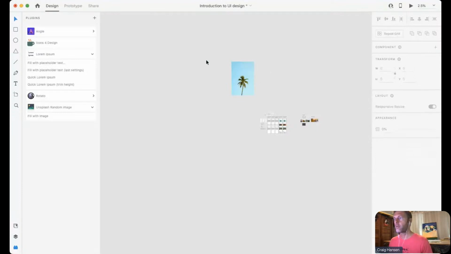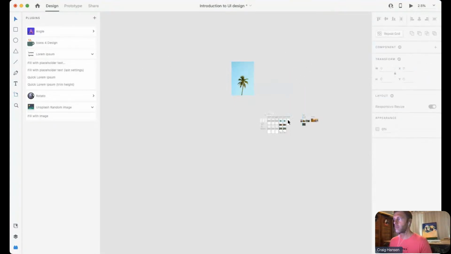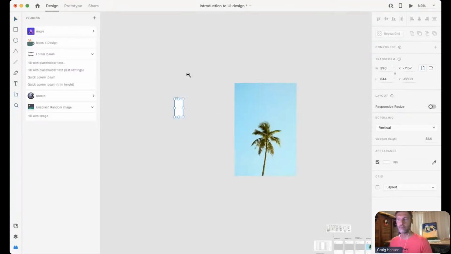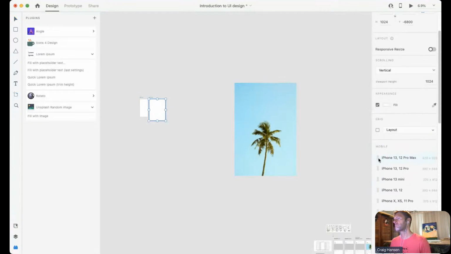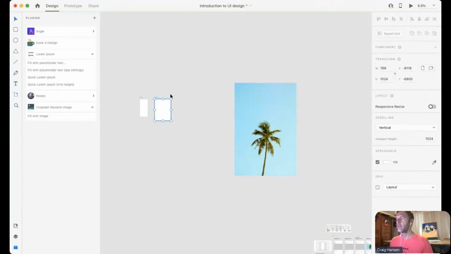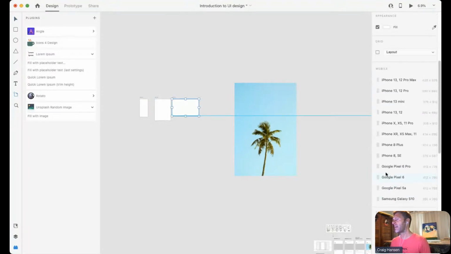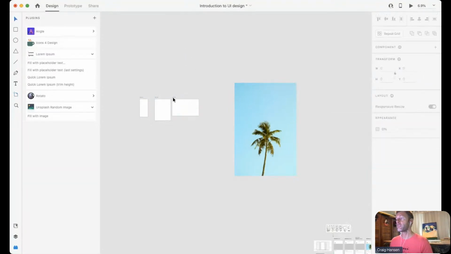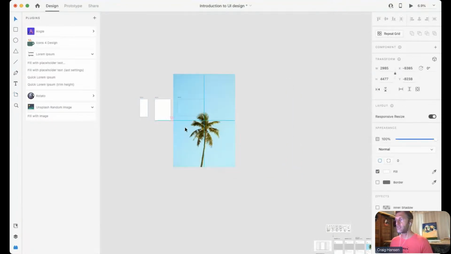So let me just real quickly put in two or three artboards. I'm going to give us our iPhone, and it put it way down there for some reason. Let me zoom in a little bit. I'm going to give us an iPhone, and then I'm going to give us another artboard that is, say, an iPad. Great. And then I'm going to give us one more that is like a laptop. So again, this picture is really big, probably slightly too big to be completely honest. But let's just say